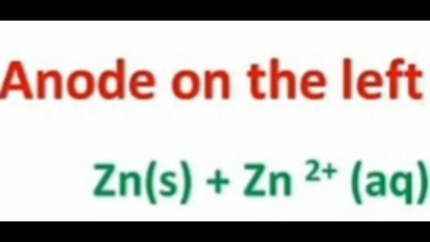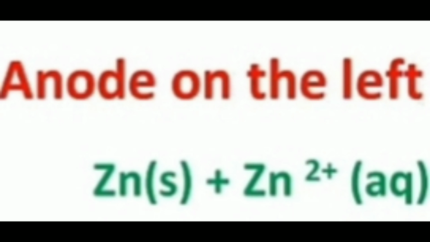So first we calculate the half cell potential of the zinc rod dipped in zinc sulfate solution. Here the zinc rod dipped in zinc sulfate solution is connected with the standard hydrogen electrode. Then the voltmeter reading we get is 0.76 volt. In this voltmeter reading, we put a negative sign because with respect to the standard hydrogen electrode, this half cell undergoes oxidation.